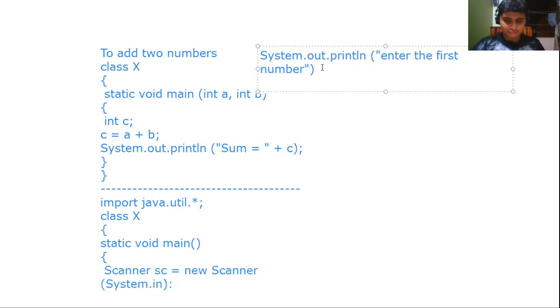Then a scanner you already wrote, so you'll write int a, or you can define it before that, int a b c, that also you can do.